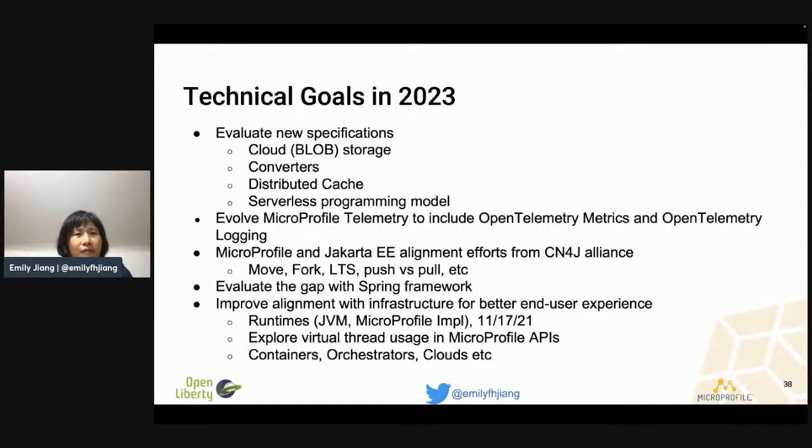in 2023, we want to evaluate new specifications like blob storage. This directly caters to the cloud providers. Also, we want to evaluate whether to create a converter spec. Also, as you know, the cache, JCache, was not moved to Jakarta. So we want to discuss the distributed cache, whether it could be under Jakarta EE or could be under